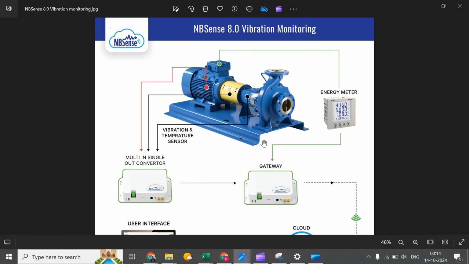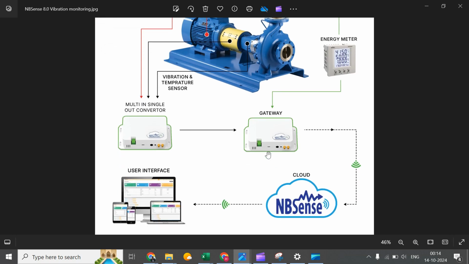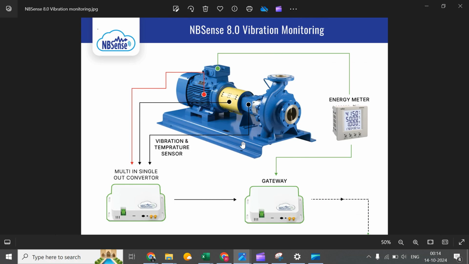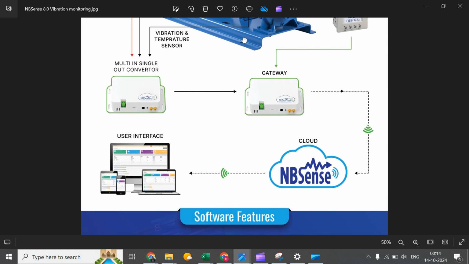So that we are deriving from the energy meter, which is also RS-485 compatible. So both inputs for our gateway we are getting in RS-485, and from the gateway it is sending to the cloud, and from the cloud we are getting it on a user interface. So this is a simple architecture. Vibration and temperature monitoring comes under the condition monitoring umbrella. So now we can see